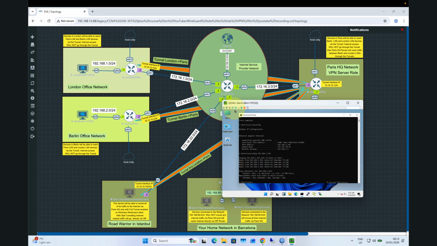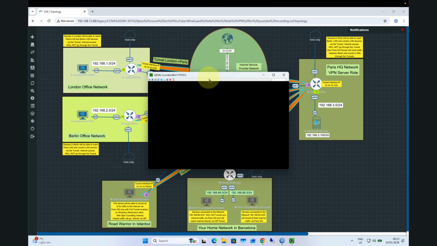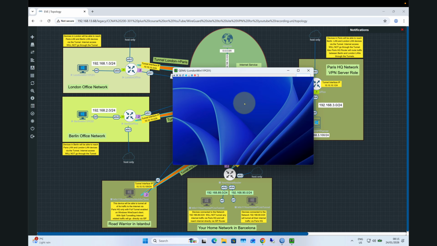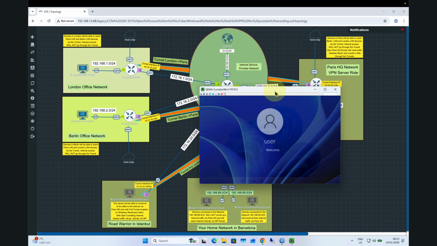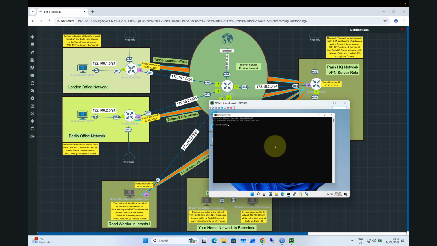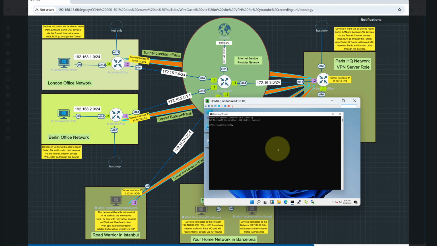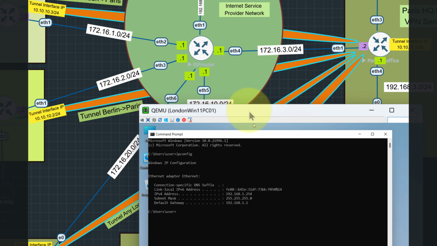Okay, now let's check that the London office can ping the Berlin office. For this, we can open the London office computer. Command prompt. Let's check its IP address, ipconfig. It has IP in the range of 1.254. And let's say ping, first of all, the server address on the Paris headquarter